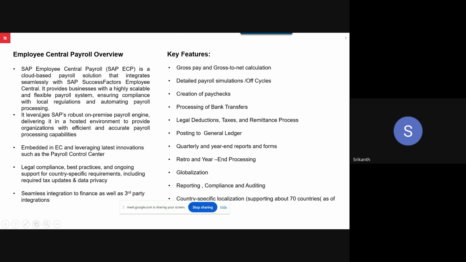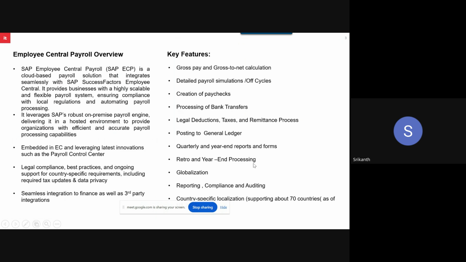Now, coming to the functionality. What is new when it comes to Employee Central Payroll? Employee Central Payroll is a cloud payroll product. As I mentioned, SAP will take care of everything. And this can be logged into with a web URL. Anywhere you can log in, through mobile, iPad, internet. You don't need SAP desktop like the SAP HCM login pad. And coming to the functionality, whatever you can do in SAP HCM: gross-net payroll, off-cycle payroll, posting, legalization, posting to bank, general ledger,